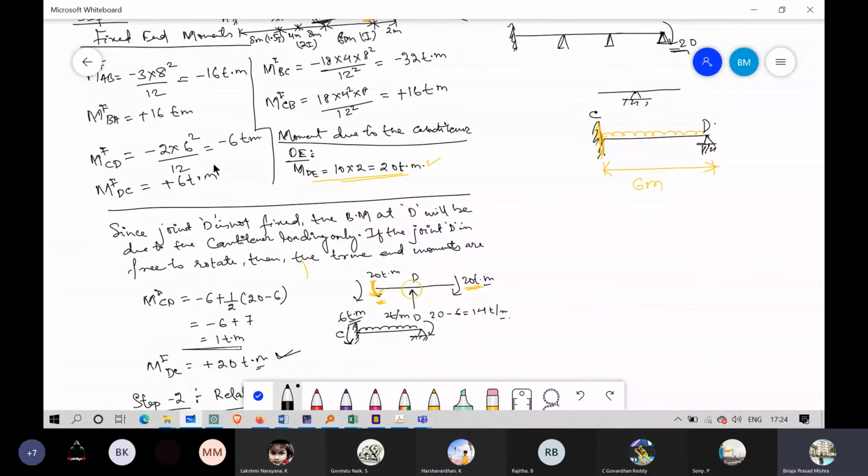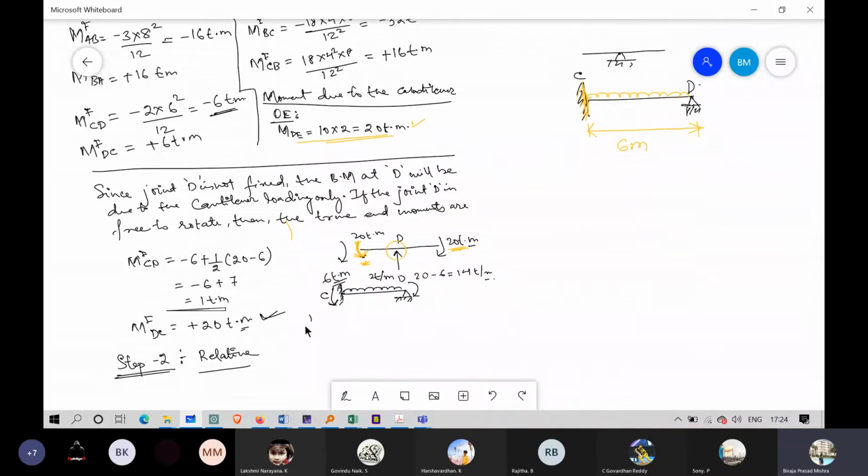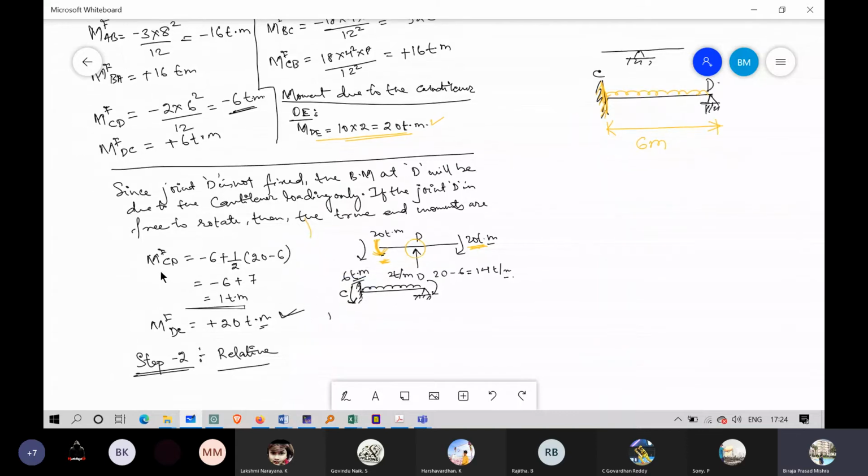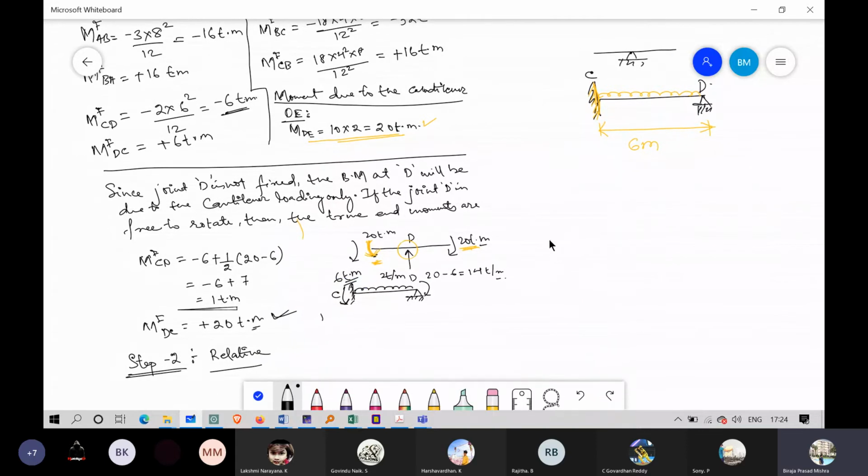Where is MFCD? Yes, this one. MFCD will be 6 ton meter. Okay, so now if we consider the free body diagram, here already 6 ton meter is there. So this one is like this. So MFCD,